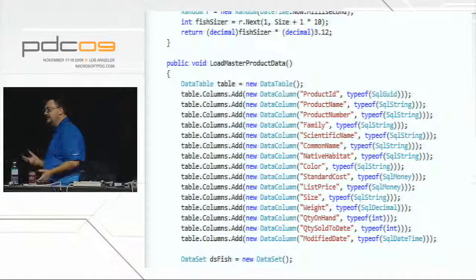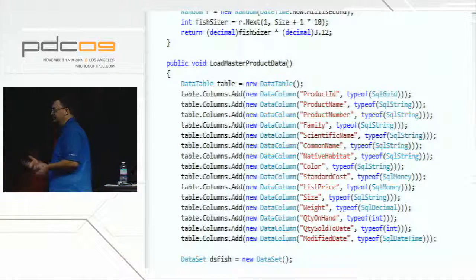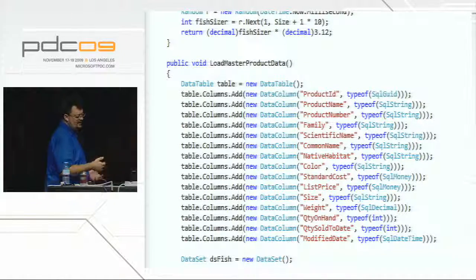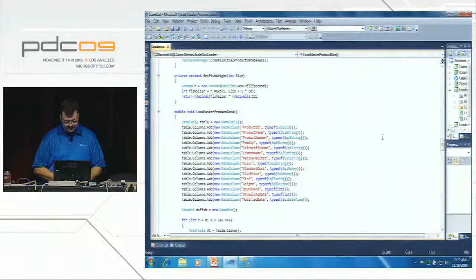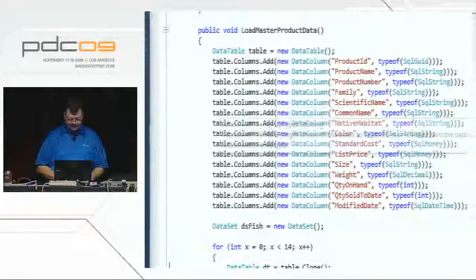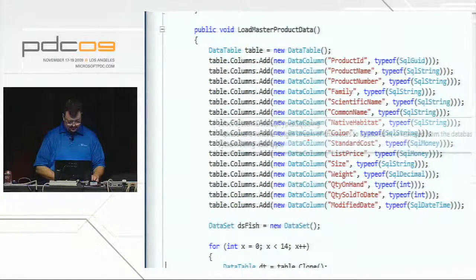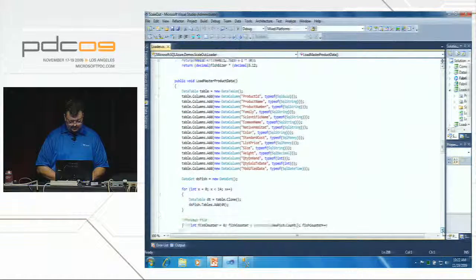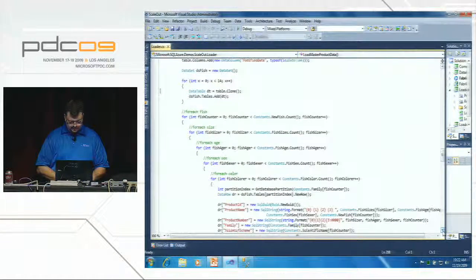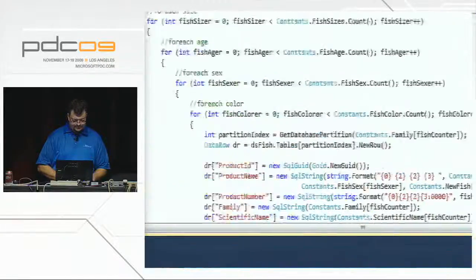The reason we did that is because we wanted to have more capacity for when those orders are coming in. And the way we loaded this, to make sure that we have lots of interesting data, is we created a new data table, as we can see here. And we've added all the different columns to that. And then if we scroll down, we go into a loop.